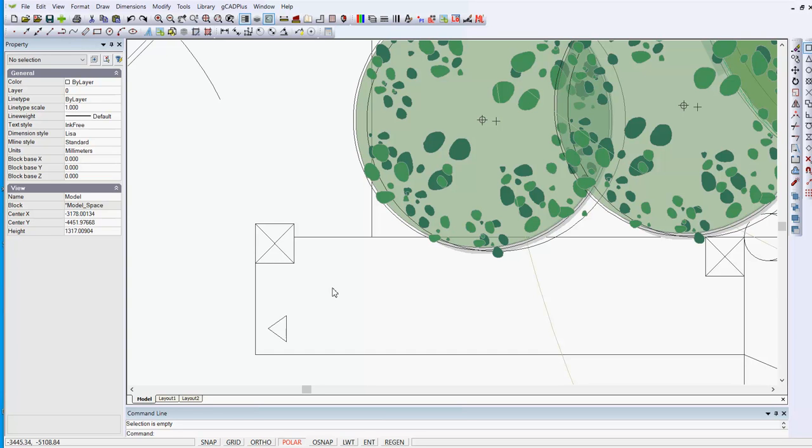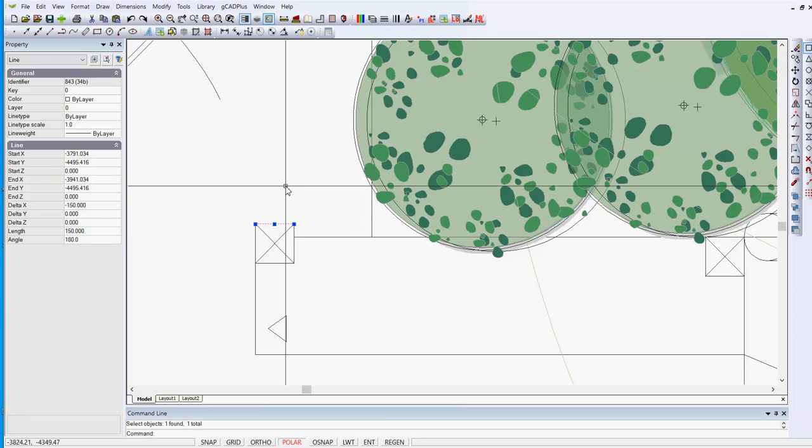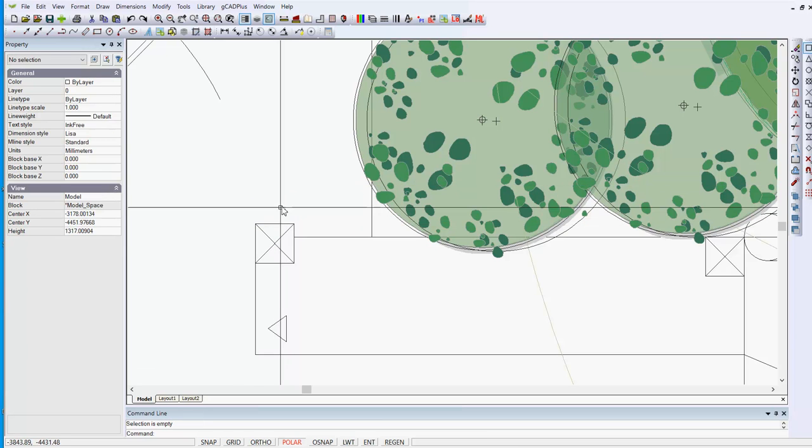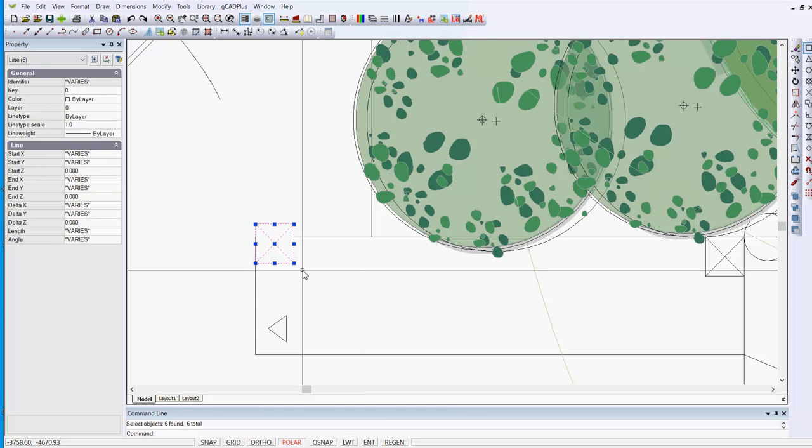I'd like to use this design to discuss selection sets in CAD+. There are three basic ways to select items. We can just click on them directly and the groups show. We could put a box around a group of entities which constitute this post and click, and they're all gathered